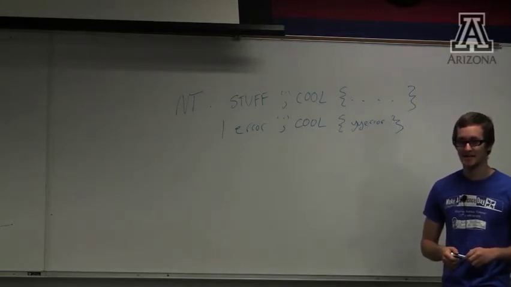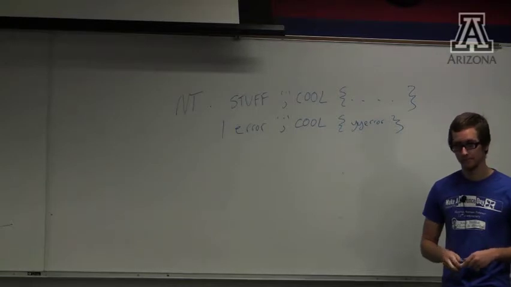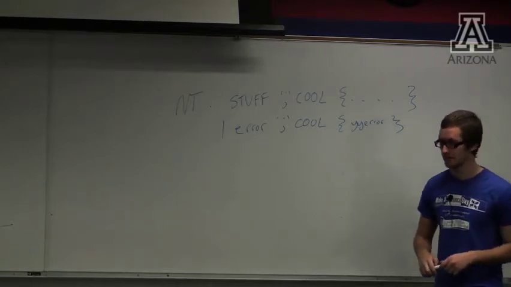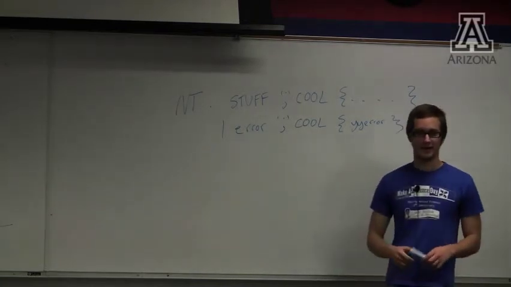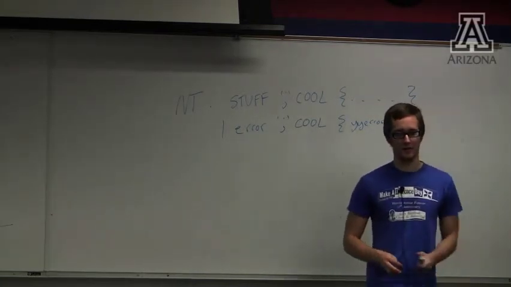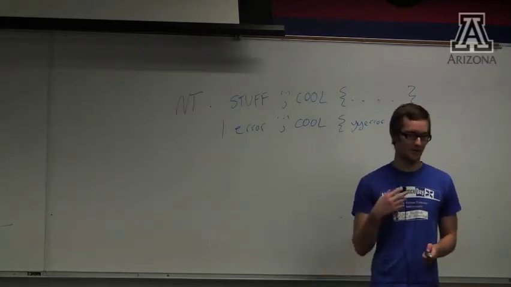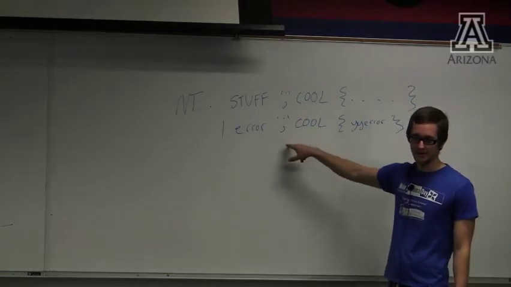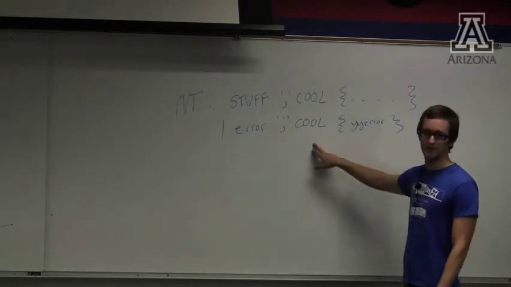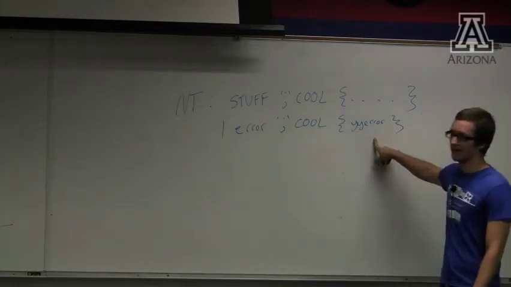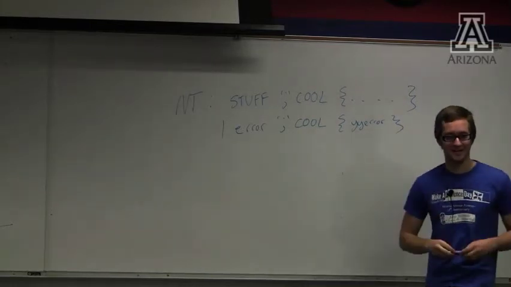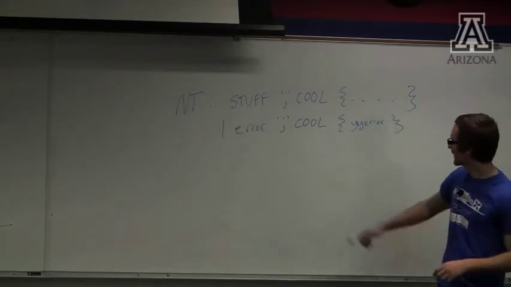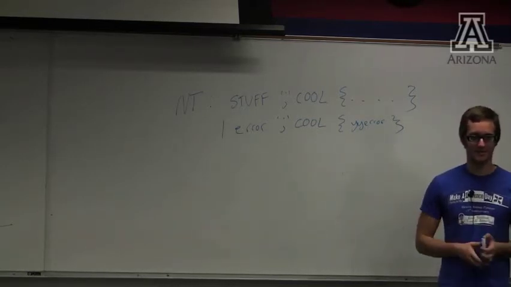Diana? When it sees the error token, exactly. So when it reduces to error, right away it's like, hey, I'm in the error state. I don't know what's going on. I better call YY error. So it calls YY error, and then it finishes with this error state. It sees the semicolon. It somewhat recovers. It sees cool. It's getting really happy. Then you call YY error, so it's like, oh, God, I'm in an error state again. And then it gives you your helpful message. And maybe you've said YY error okay, so it gets less nervous afterwards.